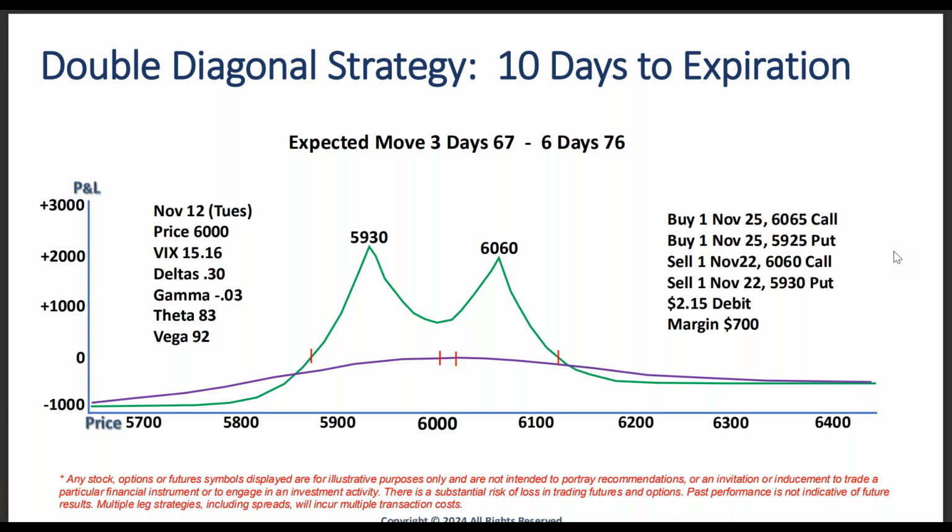Now, has anybody done a double diagonal? It's a little different strategy. Has anybody done a double diagonal and would like to admit in public that they've done one? All right. The best way to associate a double diagonal is that it's in the iron condor family. So what am I saying? For people who like iron condors, if you combine them with double diagonals, you can basically trade in any volatility environment, as long as the market is some kind of two-way or range bound.